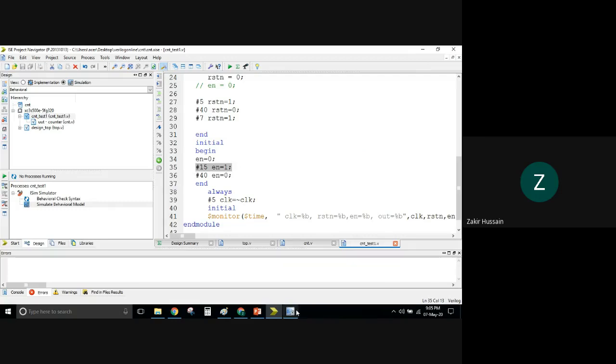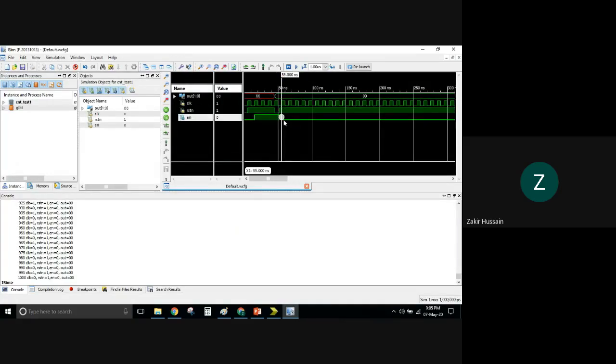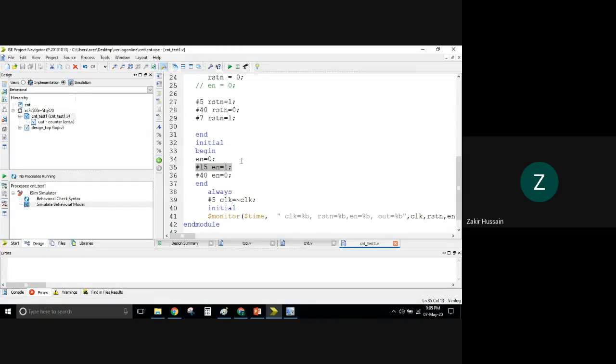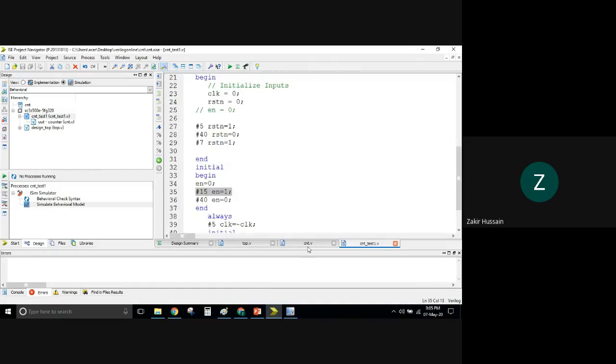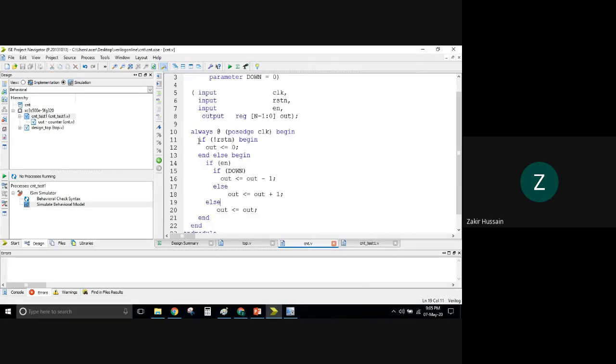But at 15, if you notice here, where is the 15? Here somewhere. At this 15, if you notice our out here, out is x. Out is x, not defined. Not defined means it hasn't entered into this block at all. Which block? The design, this one. It hasn't entered into this region.